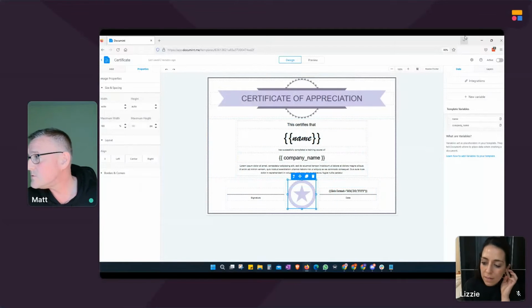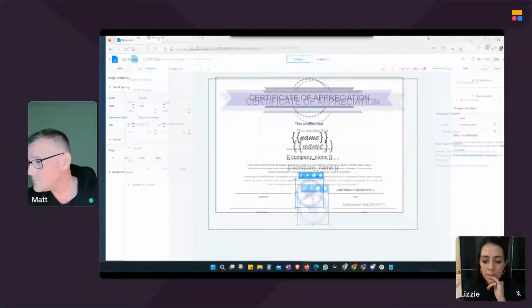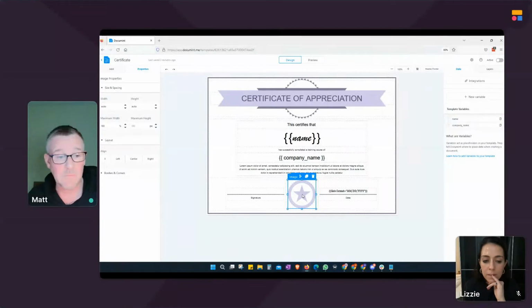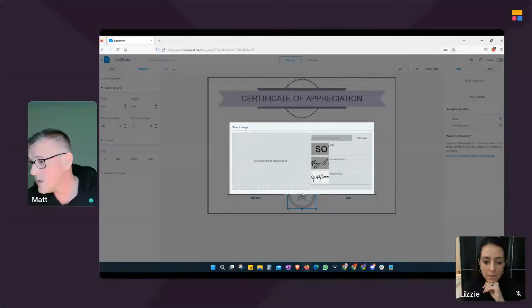Let's get our image name, which was company logo. And we're going to bring in a dynamic image here. So this is quite nice to watch this happen. We can just click on here and add this as a variable. So it was the company logo, is that right? Company logo